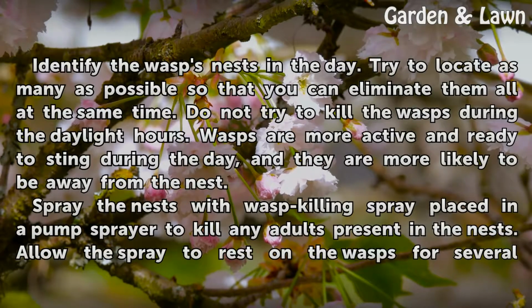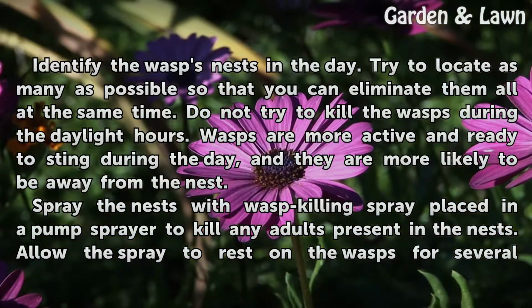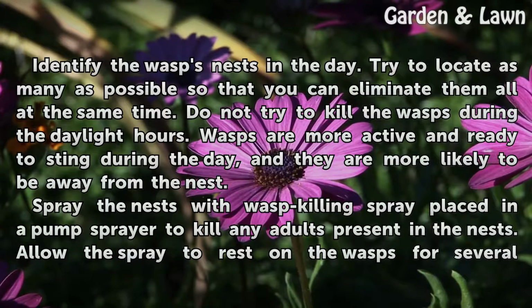Identify the wasps' nests in the day. Try to locate as many as possible so that you can eliminate them all at the same time. Do not try to kill the wasps during the daylight hours. Wasps are more active and ready to sting during the day, and they are more likely to be away from